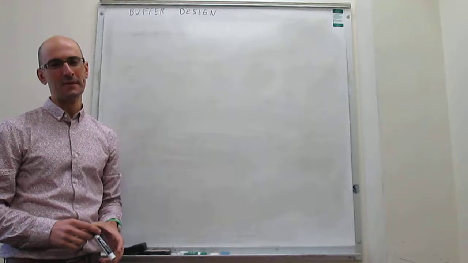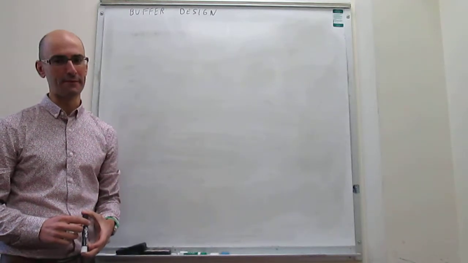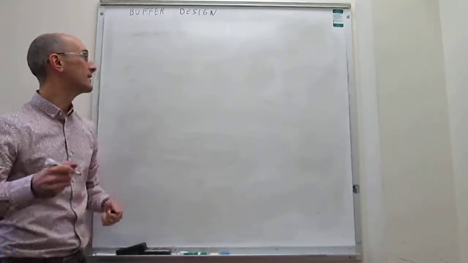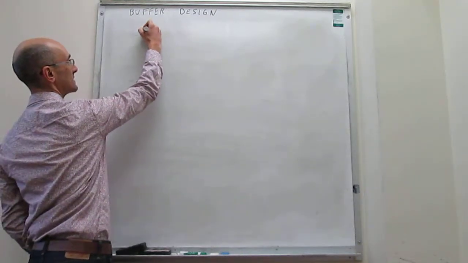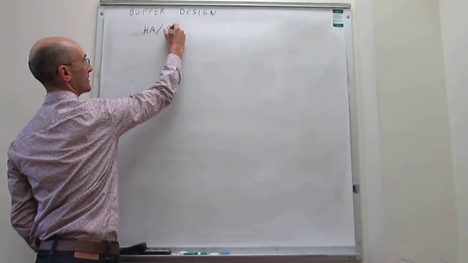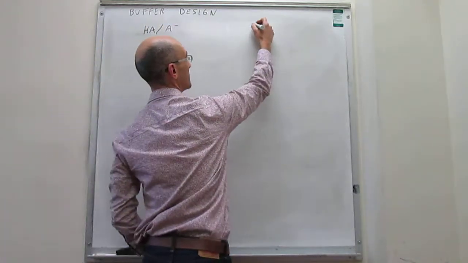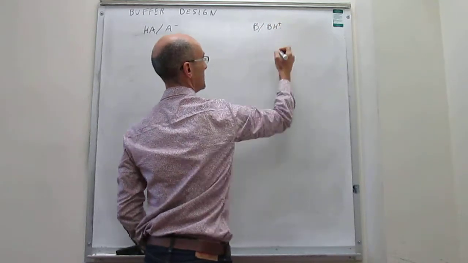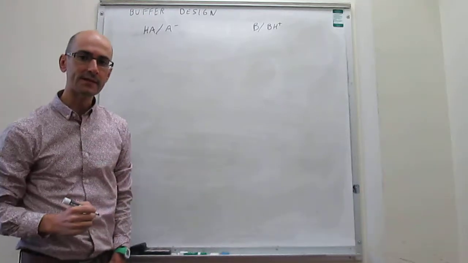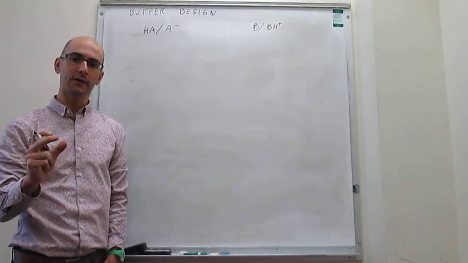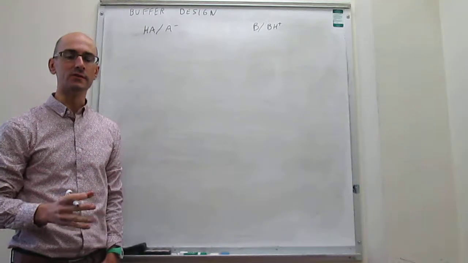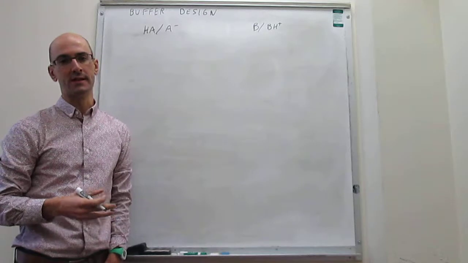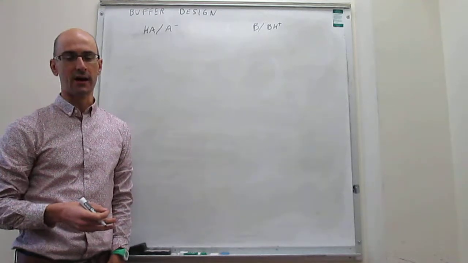In this video, we discuss a convenient way to design a buffer. Let's first define what a buffer is. A buffer is a combination of a weak acid and its conjugate base, or a base, which is weak, and its conjugate acid. And we have seen in a prior example that when you have reasonably equal concentrations of the weak acid and the conjugate base, or the weak base and the conjugate acid, and those concentrations are high,